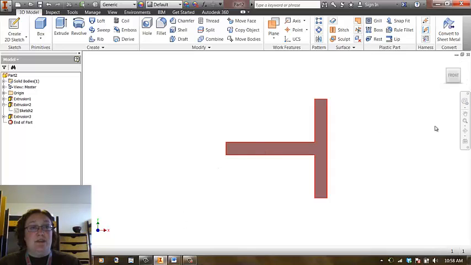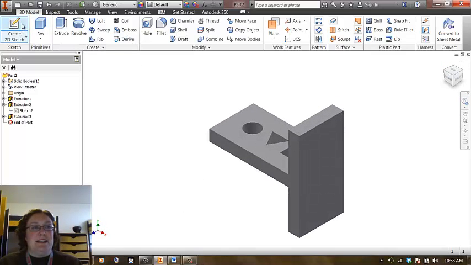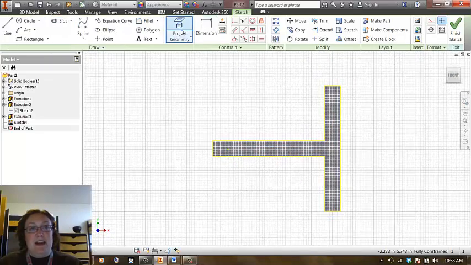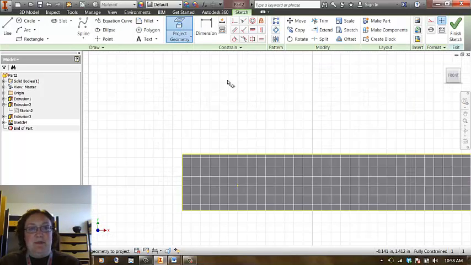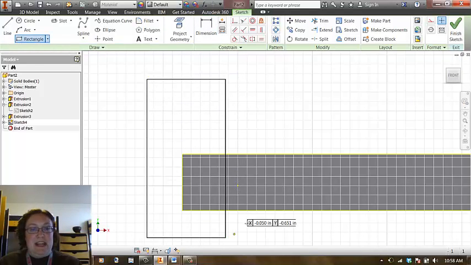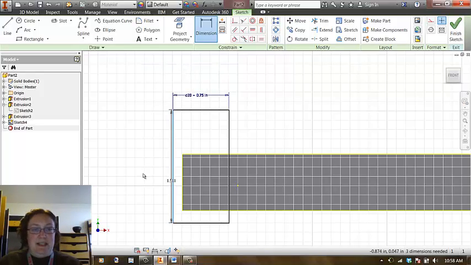Now I want to create the other end, so you're going to get to watch me do it too. So I'm going to select Create Sketch again on that front view. That's my project geometry I'm working with, right there where it all goes red. I'm zooming in a little so I can see better, hitting OK. I'm now going to draw a rectangle, and it doesn't matter what I draw because I have to move it around anyway. I want it to be 0.75 wide, I want it to be 6 tall,